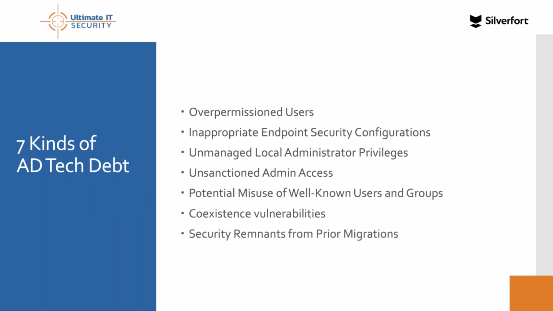And then the last thing here, this still involves trust, but this is like security remnants from prior migrations. I'm thinking about SID history. SID history, it remains. There's a potential there for attack. One, if a particular SID history entry happens to reference, let's say, a well-known used group, that's fine. But then there's also just if SID history is supported still post-migration, that someone can use a well-known SID and try to hack in that way. So it's not just the remnants, but it's the supporting of remnants, I guess, is the way I'm looking